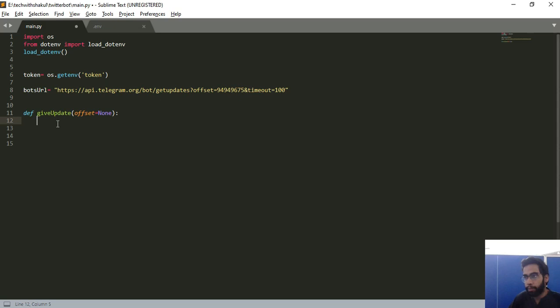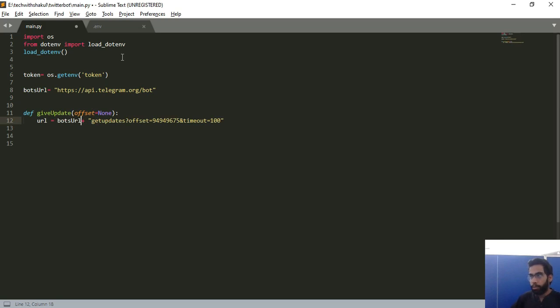Okay, so I have the give_update function, and what I need to do is the URL that I need to call. So I'll use this basic URL and I'll take this out, Control X. Okay, this will be my base URL, and what I'll do is URL will be equal to bot URL plus this thing.